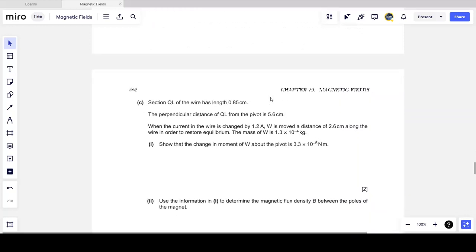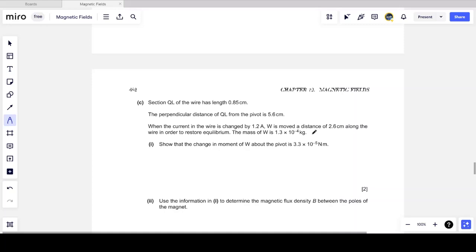The next part of the question tells us, well, here's the actual length of section QL. The length of QL is 0.85 centimeters. The perpendicular distance of QL from the pivot is 5.6 centimeters. And they give us a whole lot of information. When the current in the wire is changed by 1.2 amperes, W is moved a distance of 2.6 centimeters along the wire in order to restore equilibrium. The mass of W is 1.3 times 10 to the minus 4 kg. Show that the change in the moment of W about the pivot is 3.3 times 10 to the minus 5